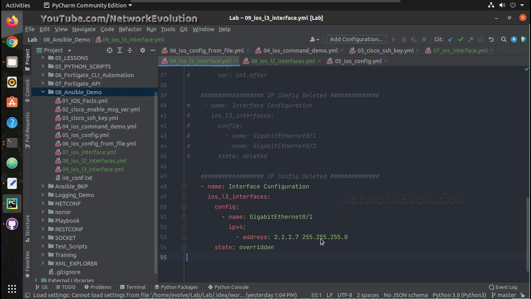If you do that, this will configure the IP address only on this interface and delete all the other interface configurations.